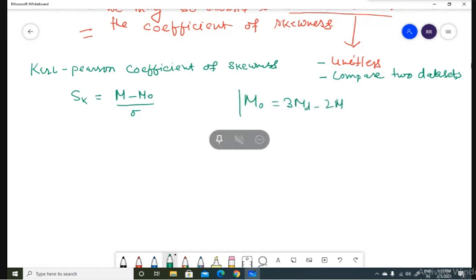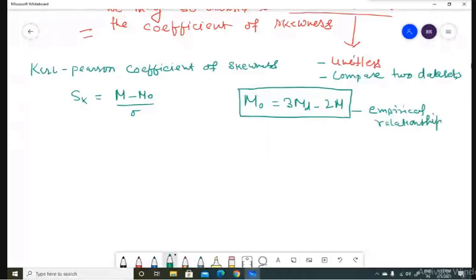This is an empirical relationship. Using this relationship, the coefficient of skewness can be defined as 3 times mean minus median divided by sigma. Okay,